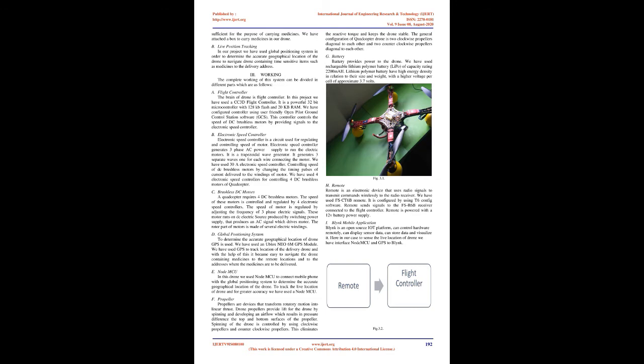D. Global positioning system. To determine the accurate geographical location of the drone, GPS is used. We have used a u-blox Neo 6M GPS module. We have used GPS to track the location of the delivery drone, and with the help of this it became easy to navigate the drone containing medicines to the remote locations and to the addresses where the medicines are to be